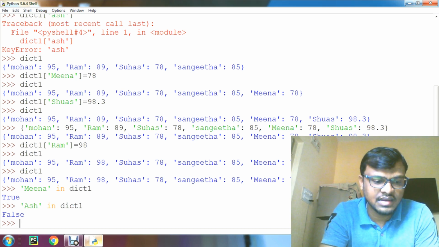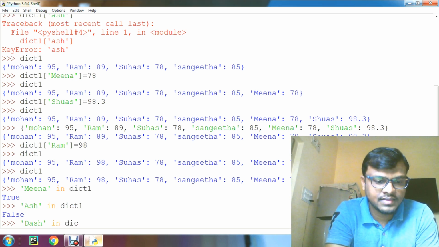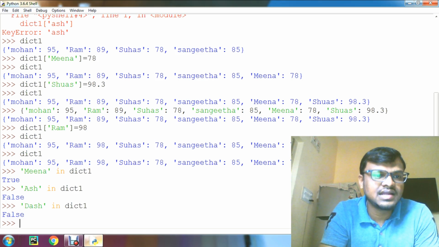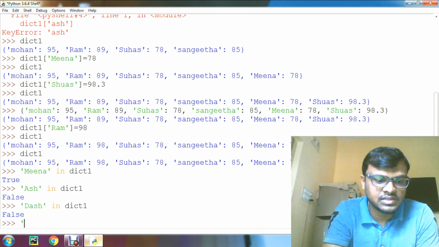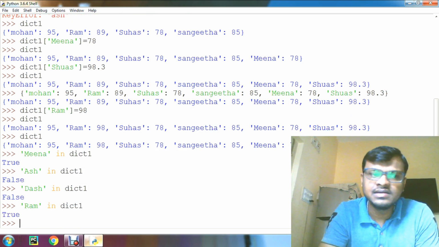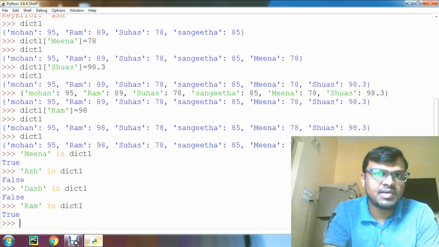For that I can use another example like this. Dict1, so it is false because DASH is not present. Same way if I take the RAM key in dict1, it is true because it is present in dict1. Clear? So this is the membership operation.